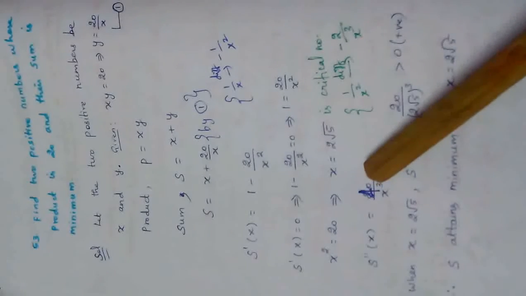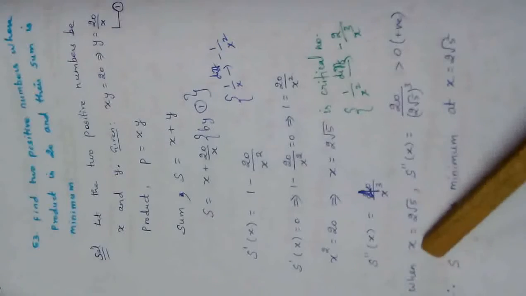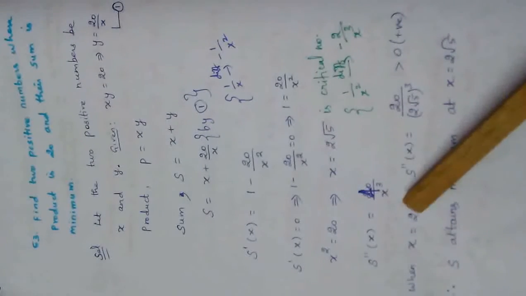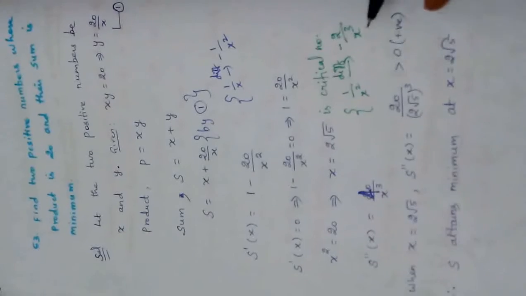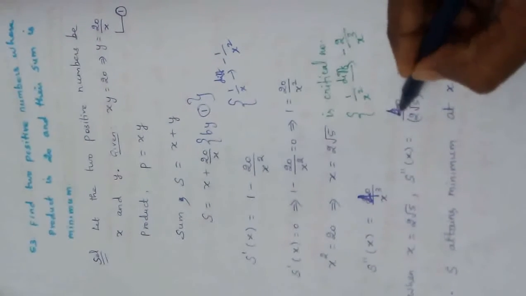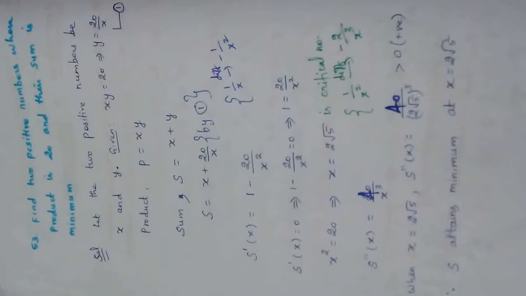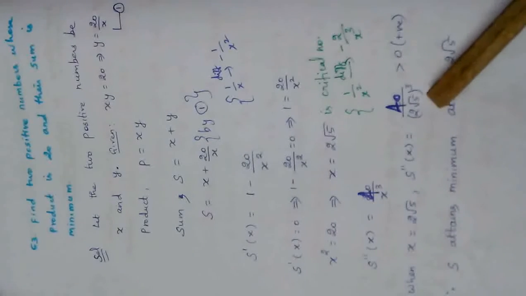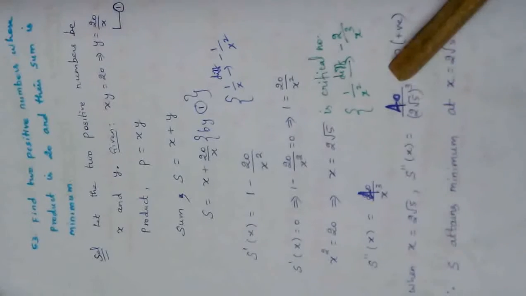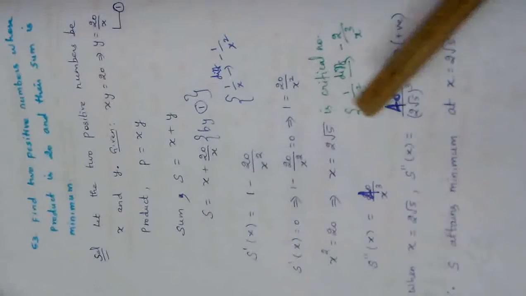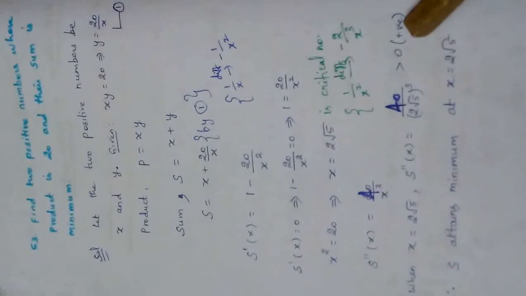In this value, I am going to substitute this critical number 2 root 5. So when x is equal to 2 root 5, what happens for s double dash of x? S double dash of x is equal to, I should change here also, 40 by what? What is the x value? 2 root 5. That is, x cube is there, no? Instead of x, I should write 2 root 5 whole cube. So here also positive number, here also positive number. Definitely the answer will be greater than 0, positive.